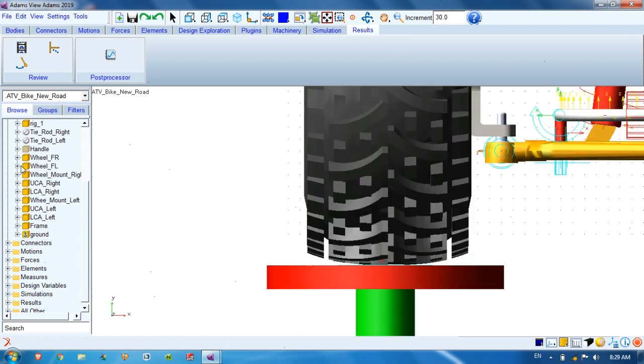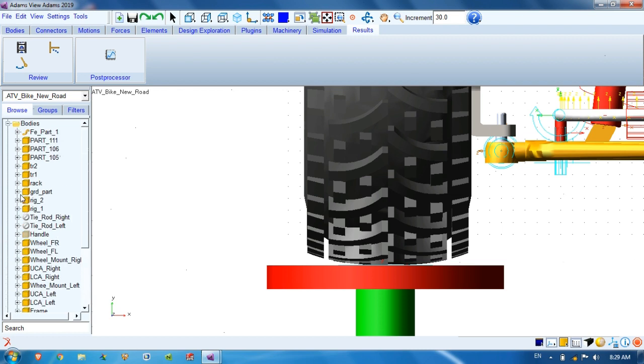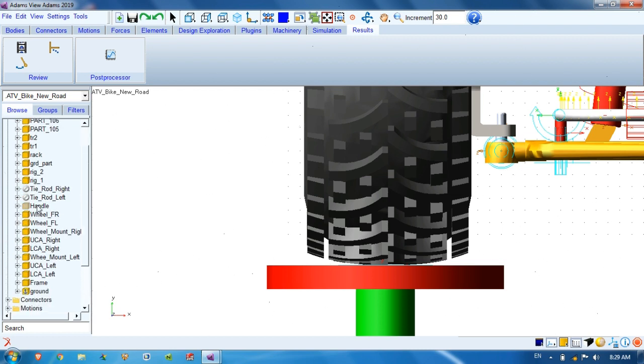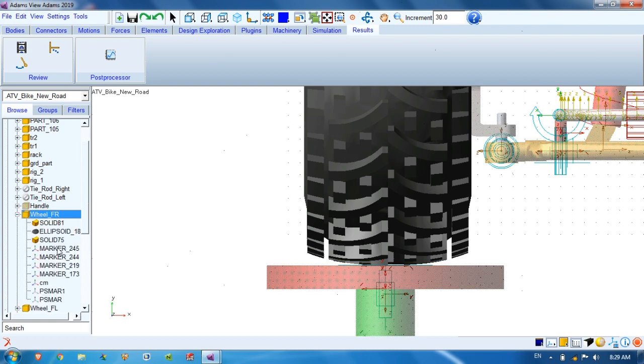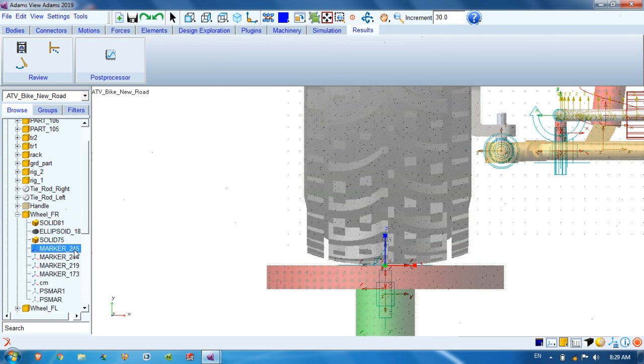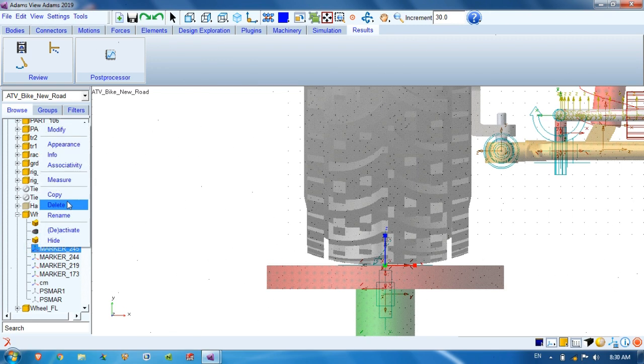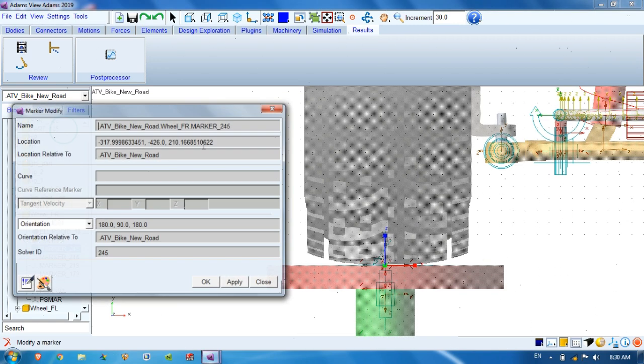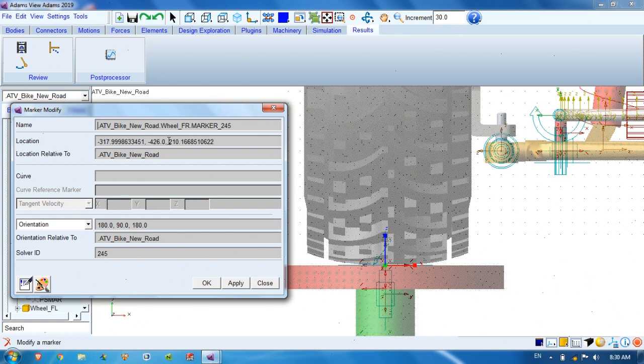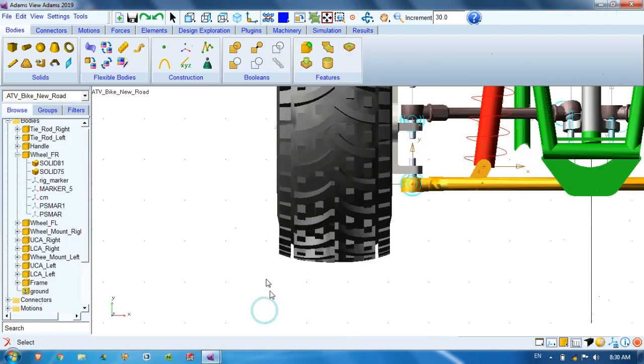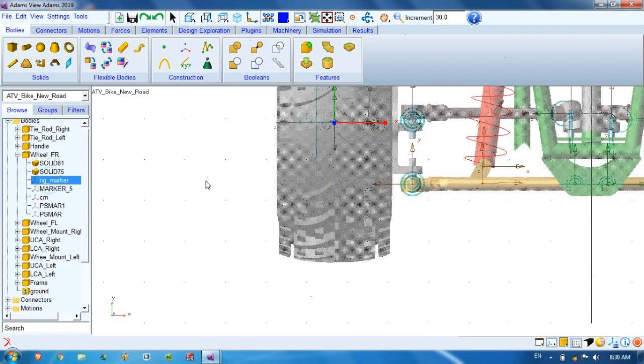Press V so that it will show all the markers and connectors. So here, you can see this marker is highlighted. I will just see what location I have defined. So y location is minus 426. Okay, so here y location, modify,